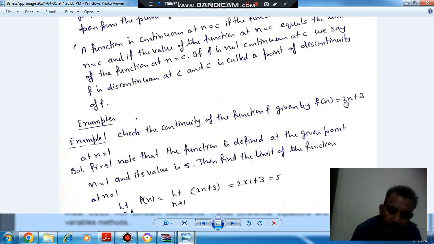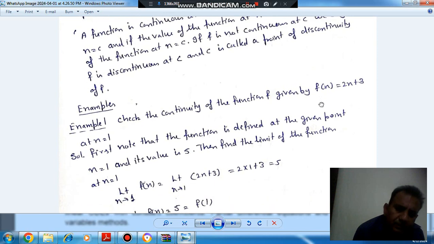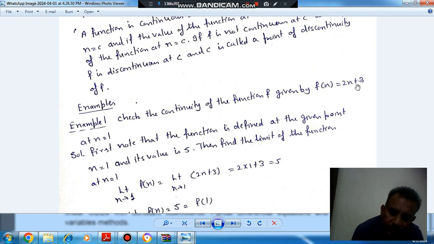So this is the function and it is given by a single equation. Single equation functions are always continuous because there is one equation for all the numbers. Okay, so this is continuous at all the points. When there are two different regions, for suppose x less than 0 there is some equation and x more than 0 there is some other equation, then it may be discontinuous. But single equation functions are always continuous.